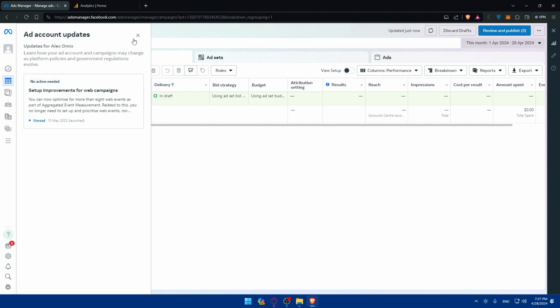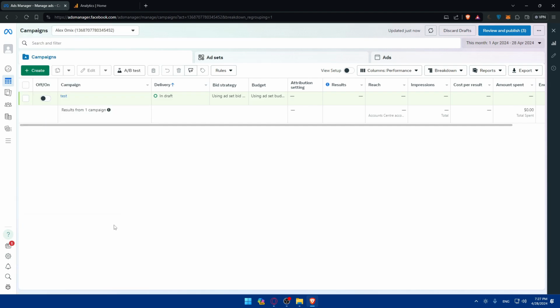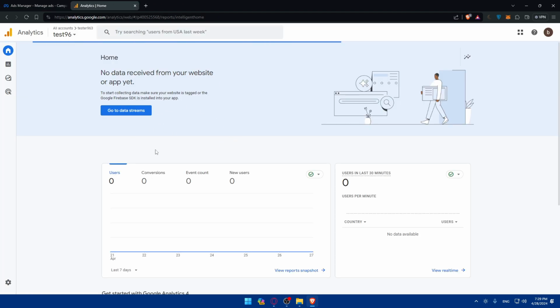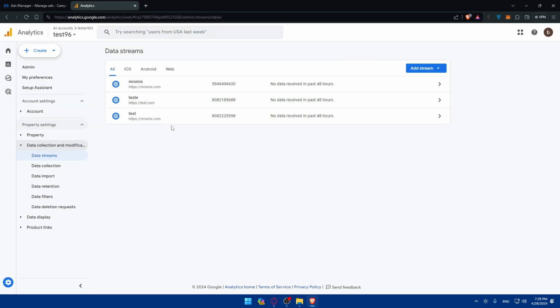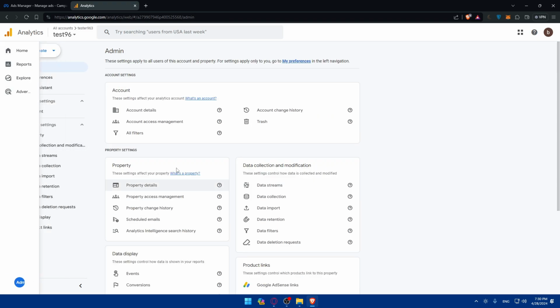Here, of course, some ad account updates. Okay. And of course, what you should do now, once you're logged into your Facebook ads and Google Analytics, is this. If you go to Google Analytics as an example and go to data streams, here you'll find, if you have a web site for example, you'll be able to get data from that. And as an example, if we go to the side panel and click on Admin here at the bottom left,